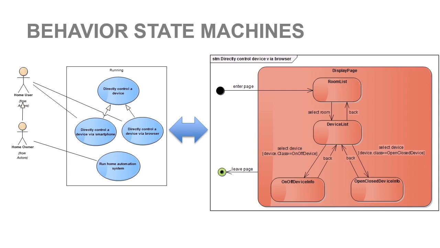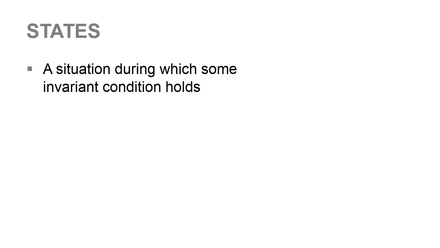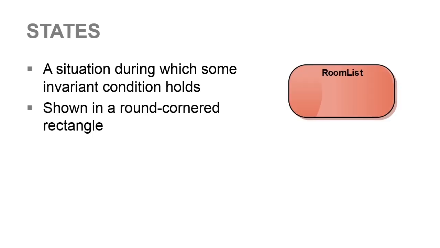So here on the left is the use case directly controlled device via browser, and on the right is a state machine that specifies the navigation behavior of that use case. The basic element of a state machine diagram is the state. A state defines a situation in the life of the thing being described, while some invariant condition holds. The state is shown in a round-cornered rectangle, and in this case here, the invariant condition is that the room